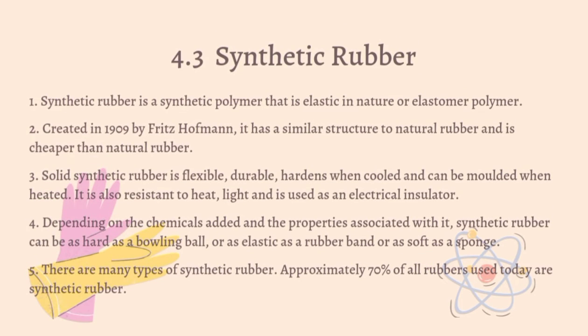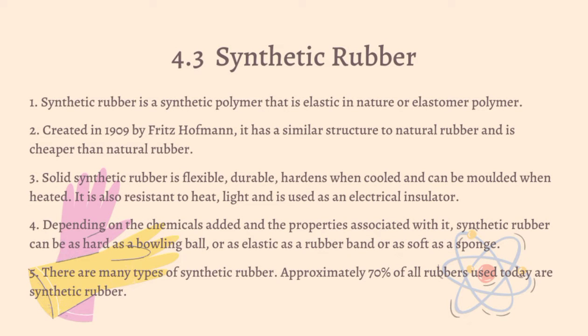And now the last subtopic, 4.3, synthetic rubber. Synthetic rubber is a synthetic polymer that is elastic in nature, or an elastomer polymer. Created in 1909 by Fritz Hofmann, it has a similar structure to natural rubber and is cheaper than natural rubber. Solid synthetic rubber is flexible, durable,